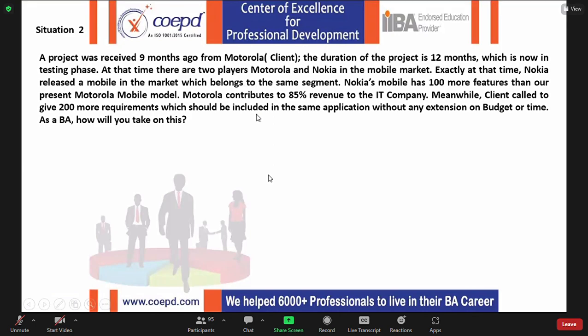Now, let's understand about this situation. Many of you have done this and you are all looking at the positive side only. But what we need to understand here is, when you are analyzing this particular part, the IT company where